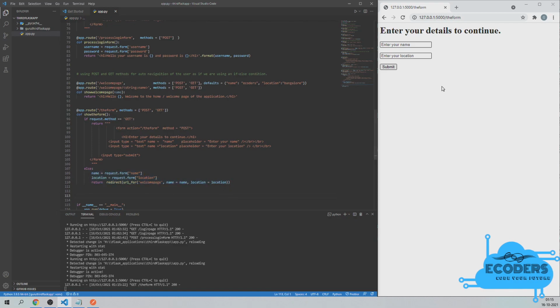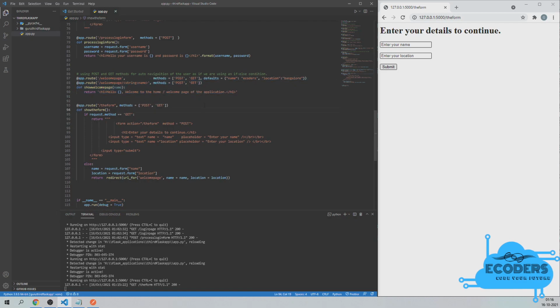Whenever you click on the submit button, the method is going to change to post, and you are going to get automatically navigated to the welcome page. So here is that particular page. Now let me give any kind of name, and location is Bangalore.